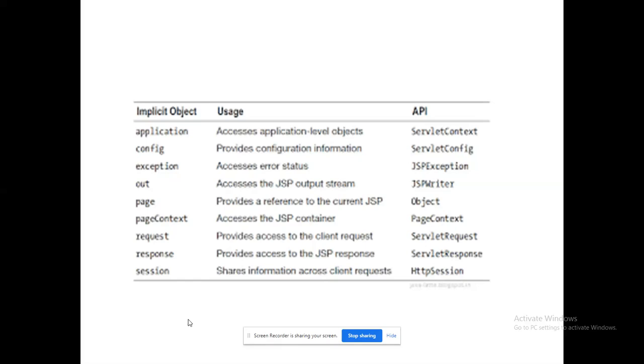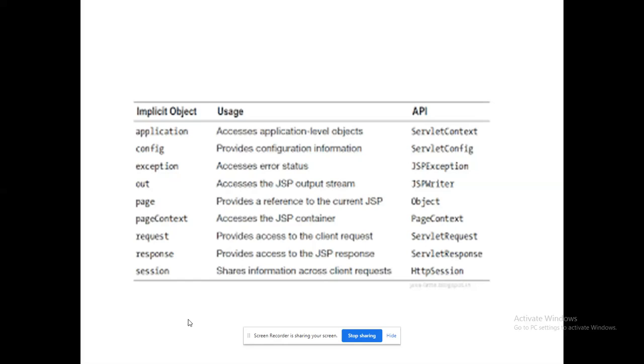So page, right, here we are going to use the this object. There we are using page context. So page context is common for both servlet and JSP. Here we are using the object request. There I have to use servlet request as well as servlet response. That's a common thing. Here we are using the method get session. Please remember, get session, that's what we will be using. So there I could be able to use my HTTP session, right?